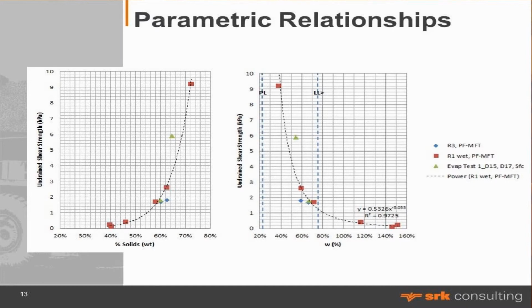Okay, so on the left is a layout or a profile that would be familiar to many of you. It has to do with how we tend to describe things in the oil sands in terms of percent solids content. And what I'm saying here is that we push that a little bit further. We don't end there. We say, okay, what happens if I take that same information and look at it from a geotechnical perspective, looking at it from gravimetric moisture content, and also throw on the plastic and liquid limits for that material. So yes, we're getting solids contents in the range that we've talked about in industry as being helpful,